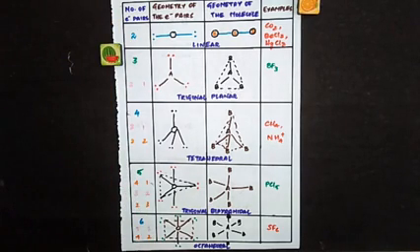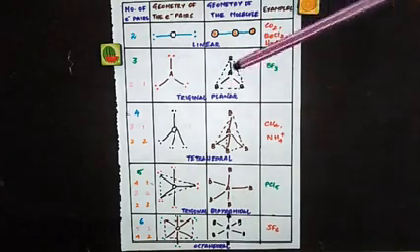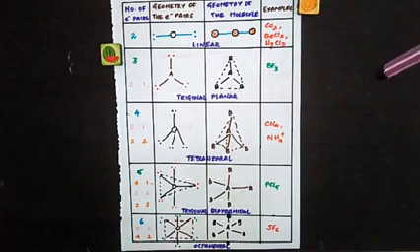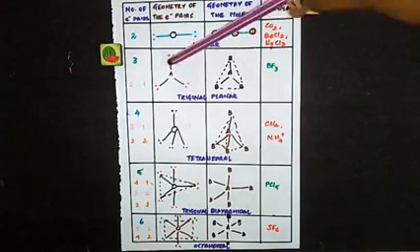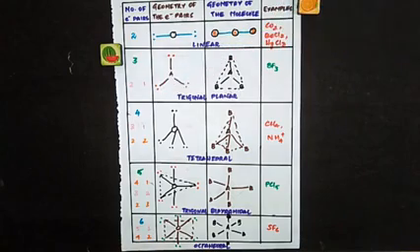Now we will see how the shape would be distorted when there is a lone pair along with the bond pair. See, when there is only bond pair, these are the structures. When the lone pair is present, then there will be different repulsions. Just now I told you the order. Repulsion between bond pair and bond pair is similar,